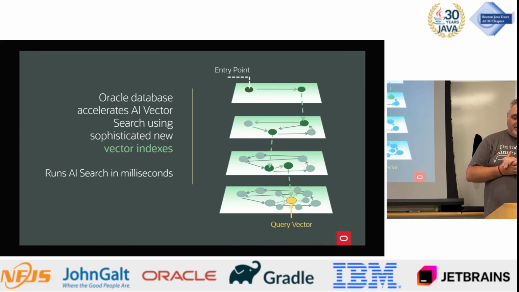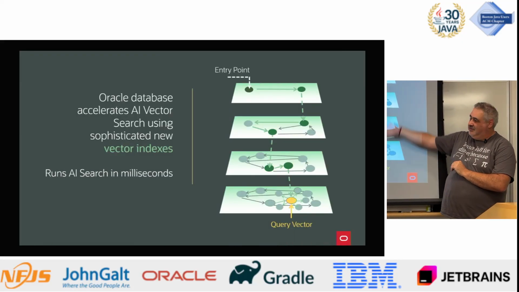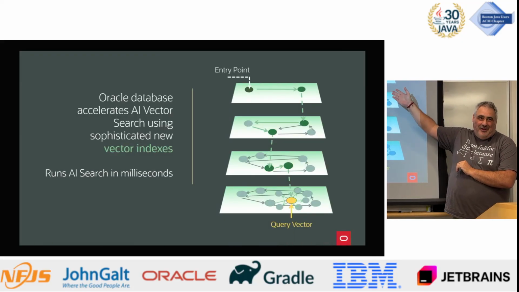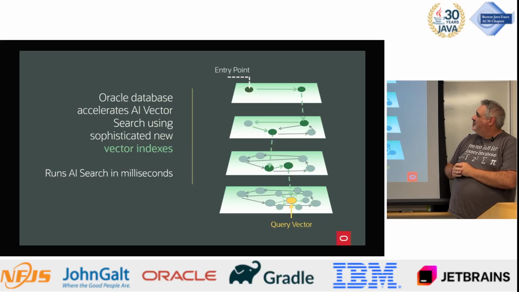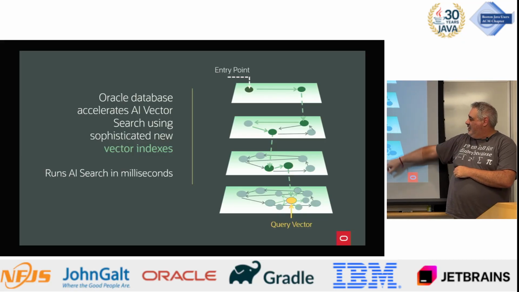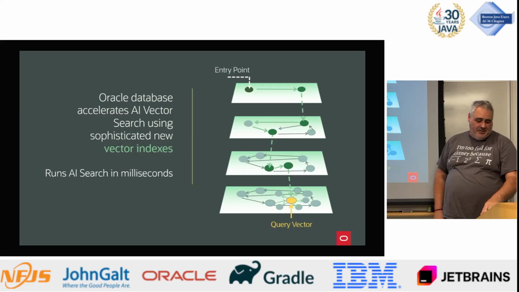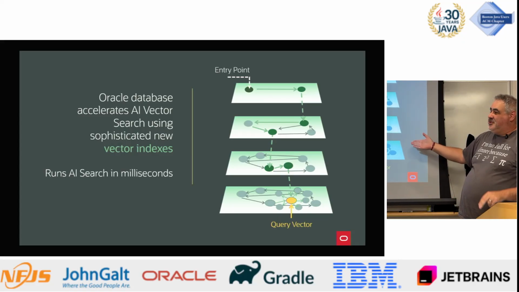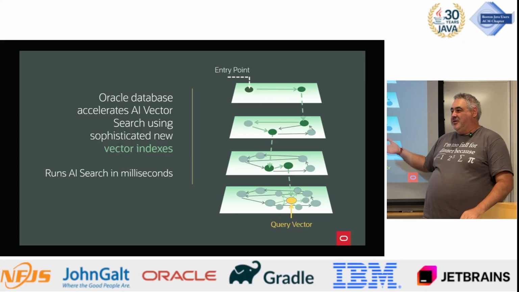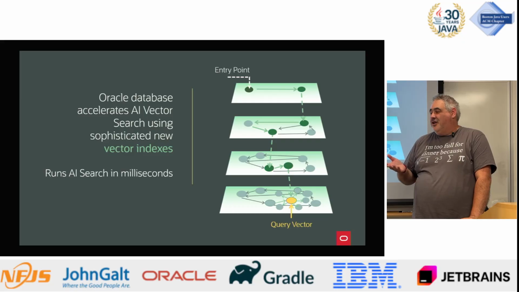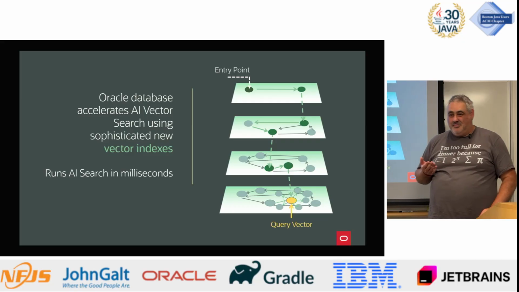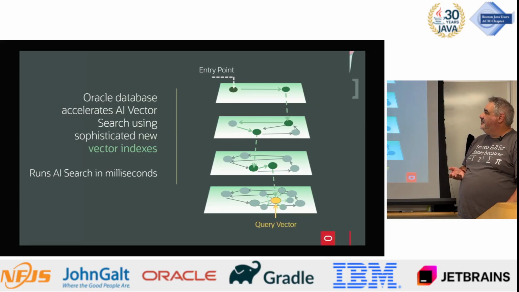Vector indexing is an interesting technology. This is a picture of a hierarchical navigable small world index. It's what it looks like. You can very quickly get to the point where you want to be and just look at the things that are near you. So rather than doing those 20 million calculations, we can maybe do 100 calculations. It's obviously much, much faster and more efficient.